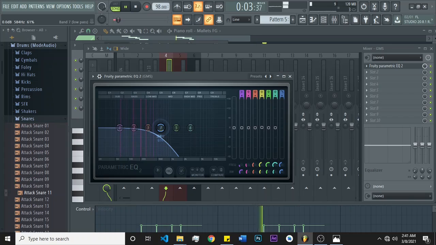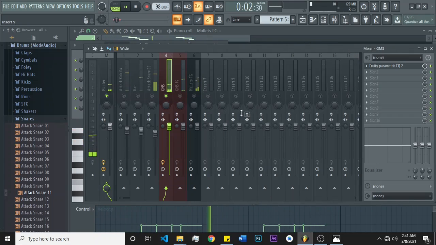So we just remove this high. We are leaving this one for the hi-hats, and then the snares, because for them they're high frequencies, so we don't want them to conflict with each other. Okay,